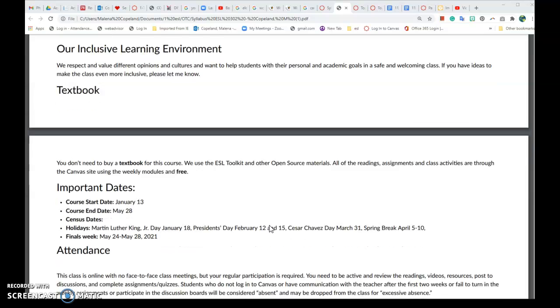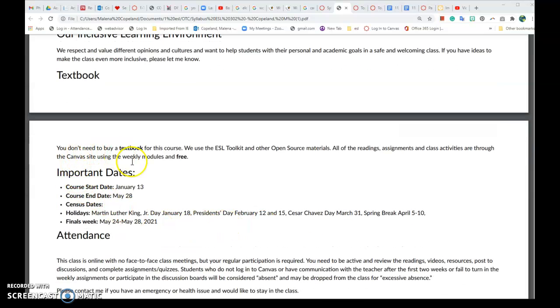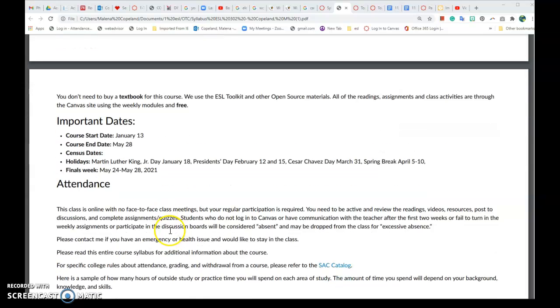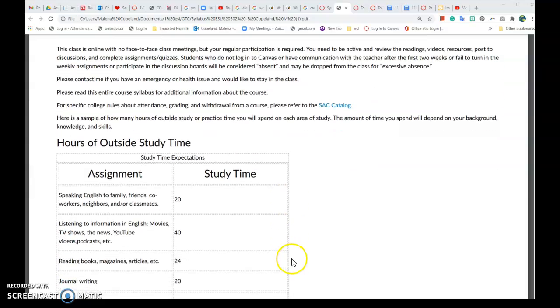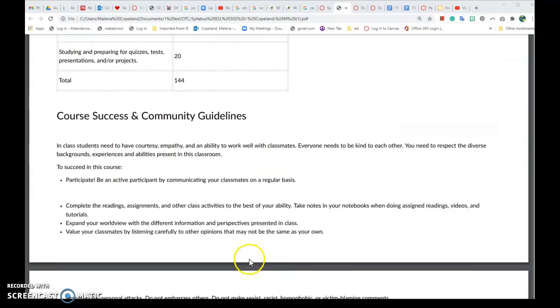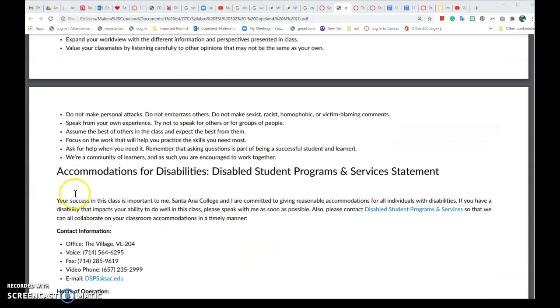with detailed instructions. Also in the syllabus, we have some important dates listed, our attendance policy, the amount of hours you'll need to study outside of the classroom, and some of our academic policies in addition to accommodation for disabilities. Accommodations means things that we will do to help you, no matter what your abilities are, to access all of